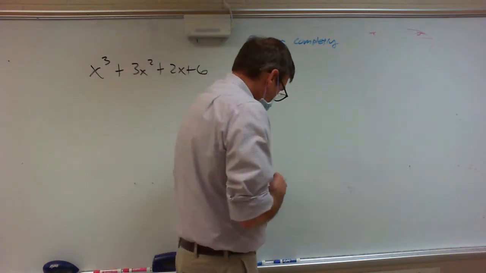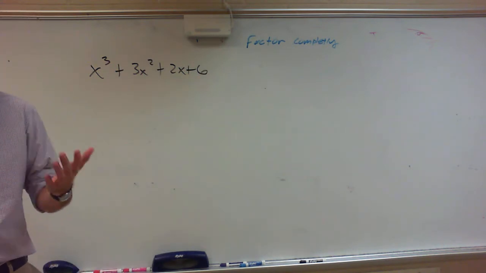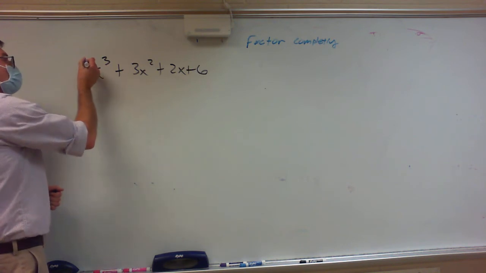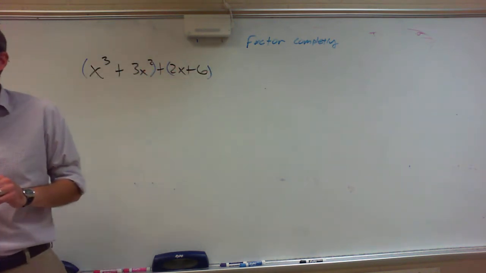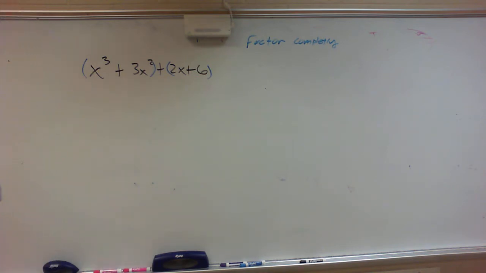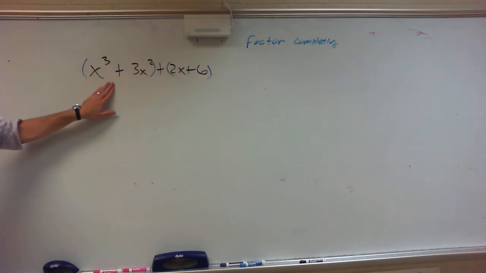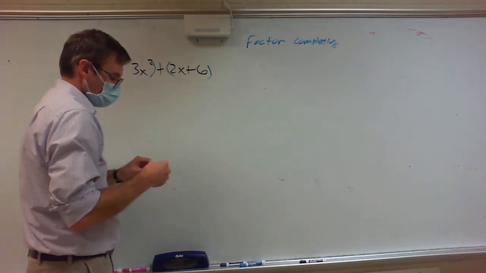Well, what you're going to do, and I've kind of found out from the first couple of periods that you may not have seen this, I want you to put parentheses around the first 2 things and parentheses around the last 2 things. Okay. All right? Now, when I look at this, is there anything in common in this first group? No, except for x squared. An x squared? Everybody see there's an x squared in common? Yes. All right, so I'm going to pull the x squared, and then